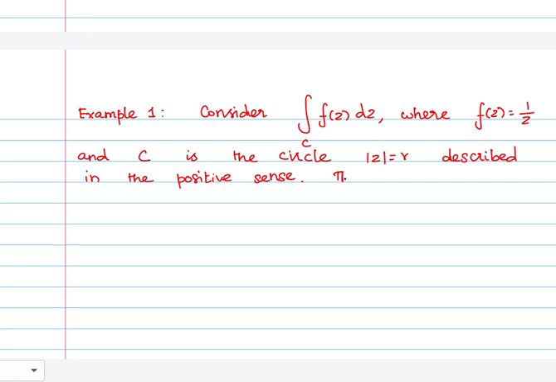The parametric form of the circle mod z equal to R is given by